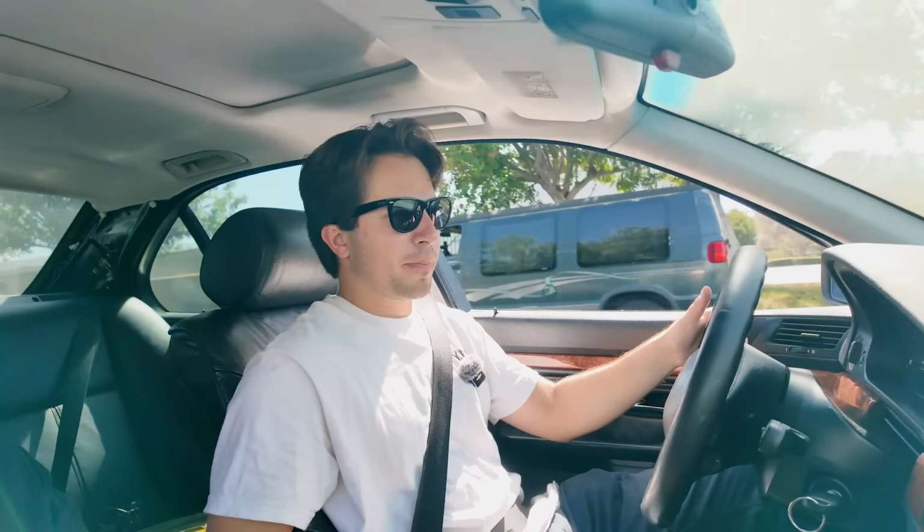Okay, let's see how the car drives, how it runs, moves. This is my first time ever driving an E39 BMW, especially a 540i. It looks cool. I like the fact that it's got a V8 in it. I'm a big V8 guy, so let's see how it stacks up. Obviously, we got an automatic transmission. This thing would be better in a stick, but so far,